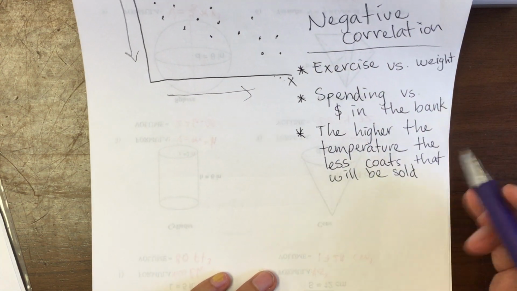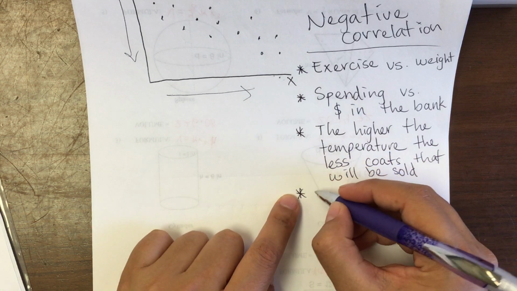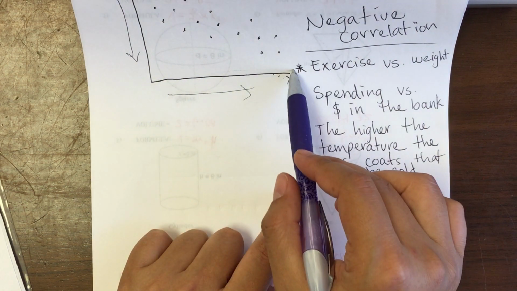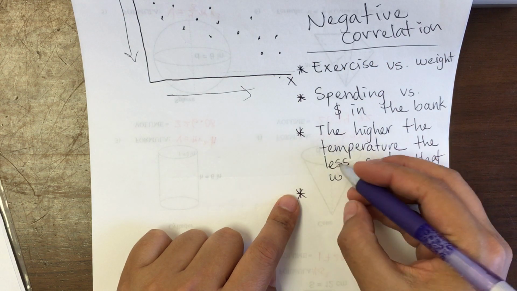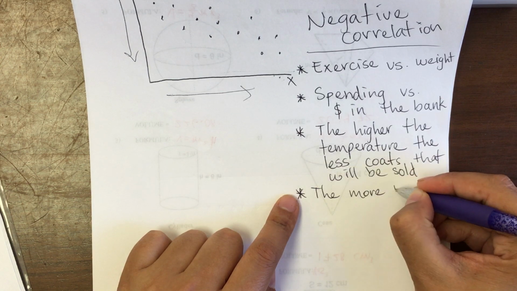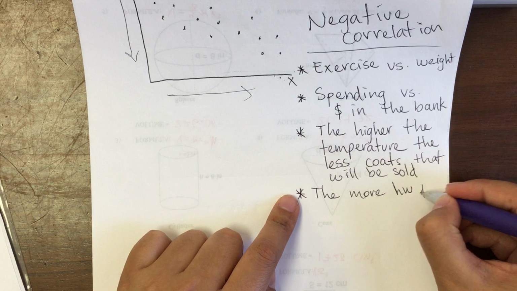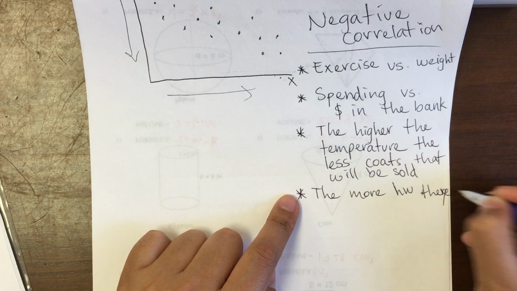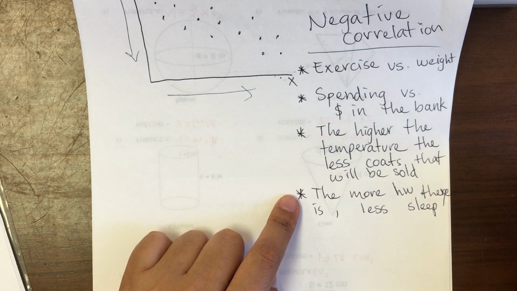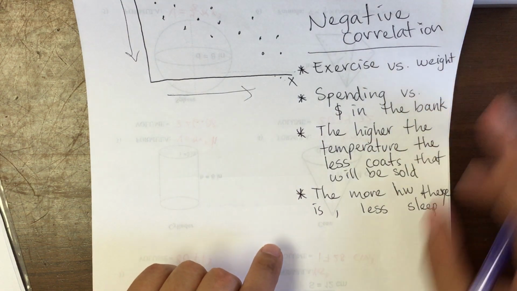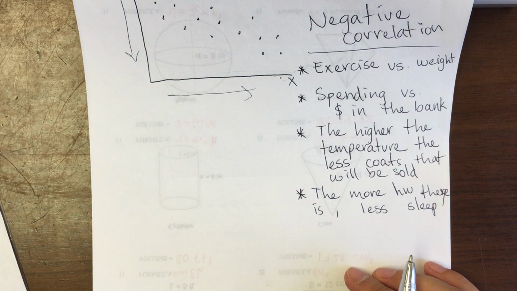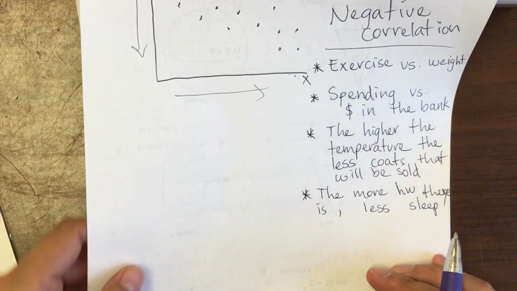And one student said, the more homework we get, the less we sleep. So the more homework we get, the less time there will be for sleeping. Oh, okay. The more homework there is, then the less sleep. Okay, so these are some examples of how your correlation would be negative. Okay,